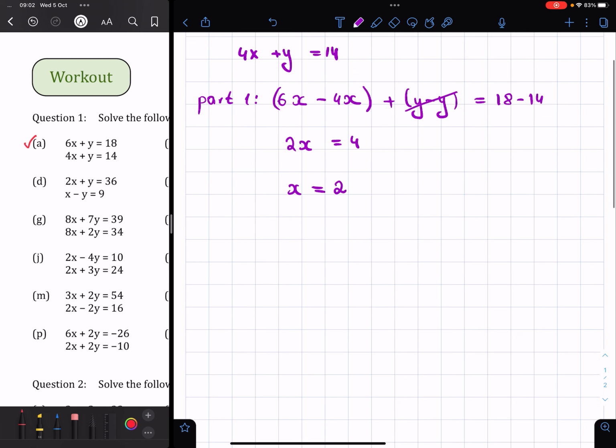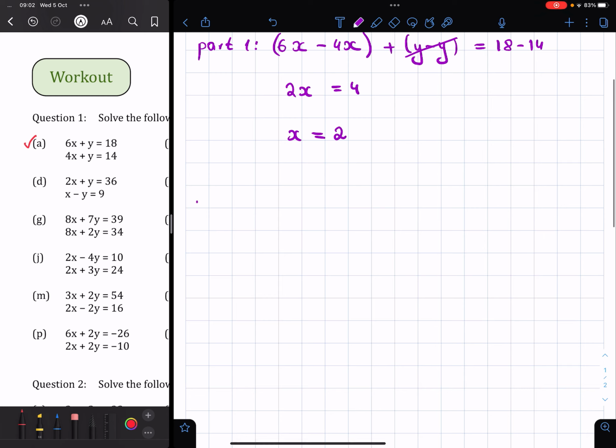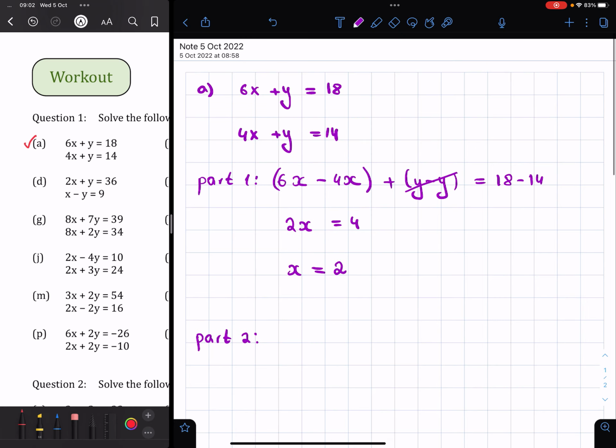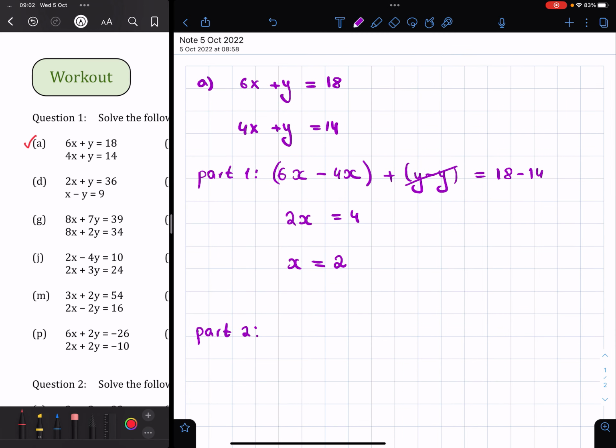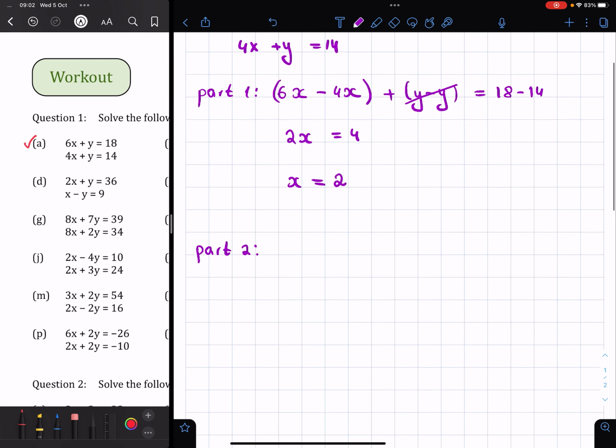Perfect. So what about part 2? We have two unknown variables here. One isn't enough, okay? If you find only x and leave your answer and move to the next question on your exam, you are not going to get full points. So we also need to find the value of y. We eliminated y. So which equation am I going to use to find y? Because it's the smallest numbers right there,